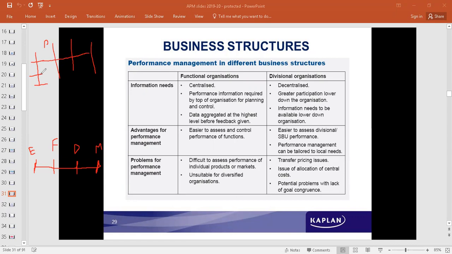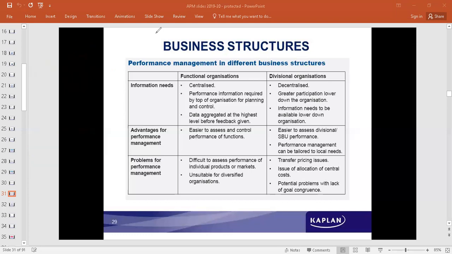So we are only just now looking into what if the authority is centralized. This is a matrix form of an organization. Now we are going to look into a business that is not very small, it is a reasonably big business, but the authority is centralized. The authority still lies with the top management. The second part of it is divisional organization, wherein the organization is divided into departments or divisions. Managers are appointed for these departments or divisions, and they take the decisions. So the authority is decentralized and the decision making is taken up by multiple people in the organization,